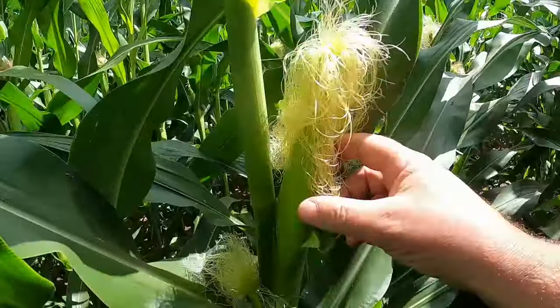Have to do another one in a couple of weeks. Be able to pull an ear and do a better count. At this point it's probably tough to, the kernels are so small, the ears are so small. I'm sure it's possible, but